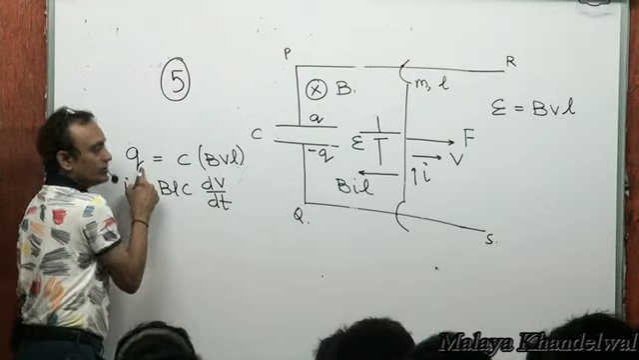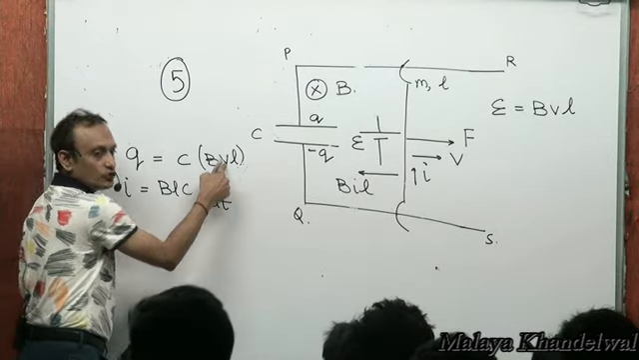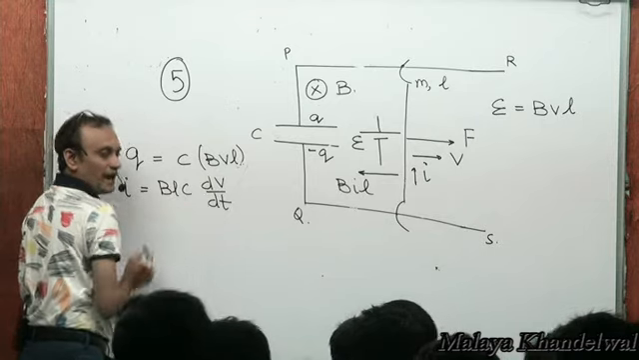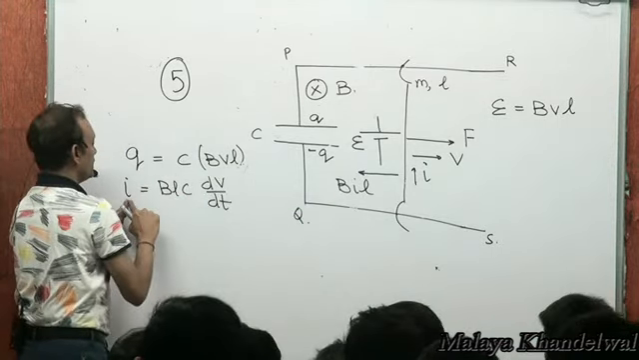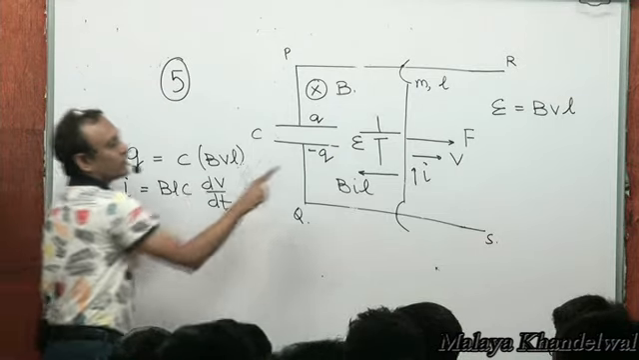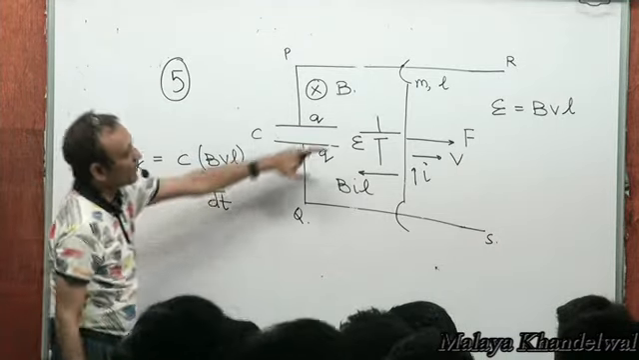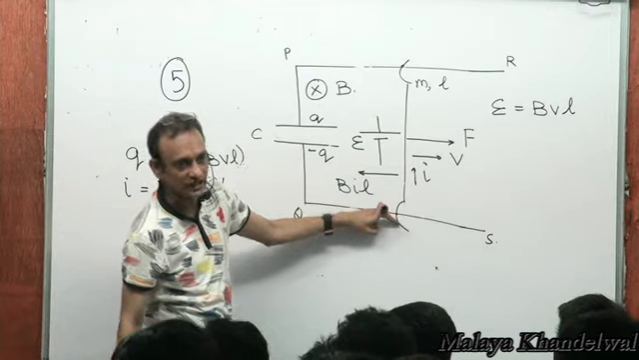This will give me I. dq/dt is BLC into dV/dt. That will give me I, right? So the leftward magnetic force is going to be BIL. The rightward force is F. So if I deploy Newton's second law to this connector,